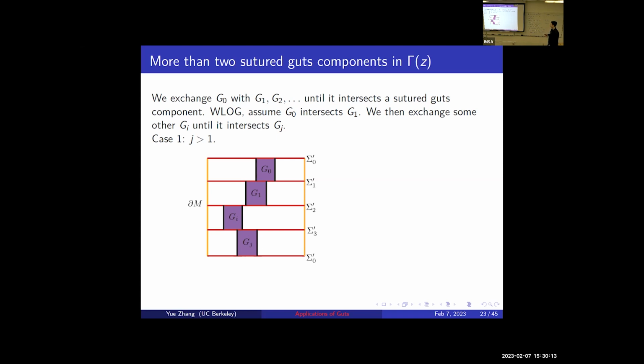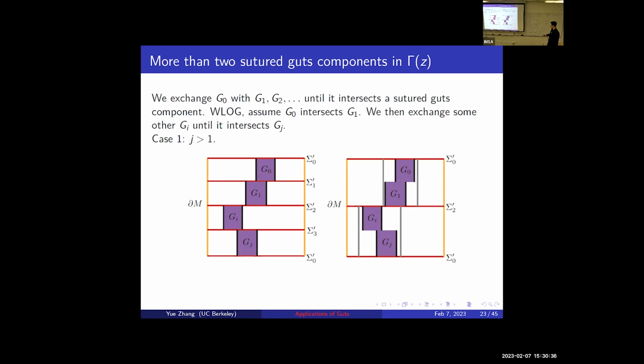Without loss of generality, we assume G0 intercepts G1. And we will do the same operation for GI until it intercepts another GJ. Now you have three cases. First, if this GJ is greater than 1,